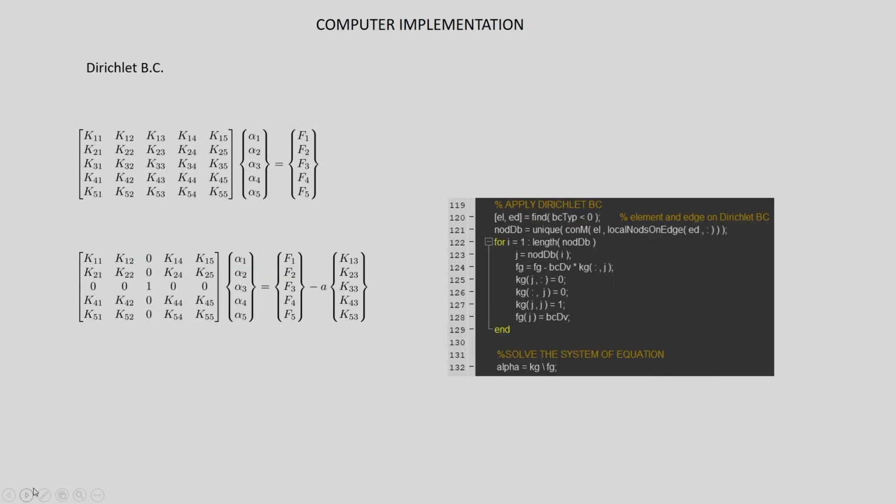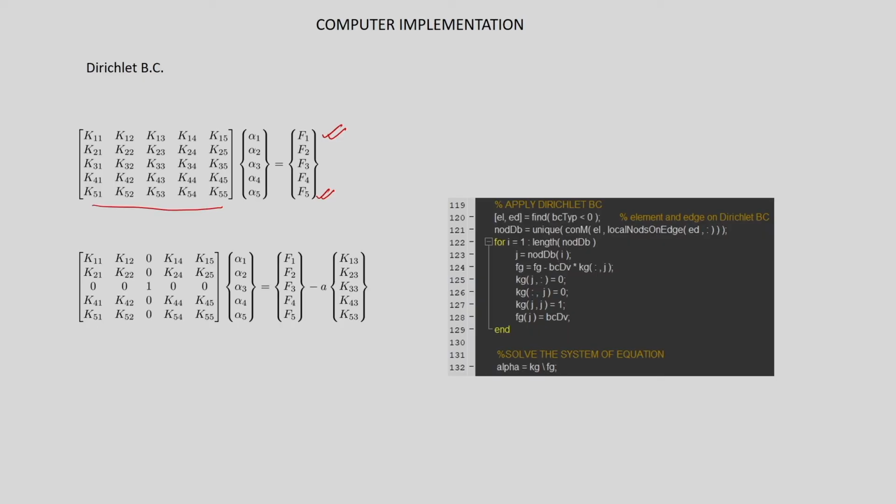Now, once we complete the assembly, at the end of this we will get a global stiffness matrix. In this case, for example, I have shown a 5 by 5 matrix and a global force vector of size 5 by 1. In your case it will be the total degrees of freedom that decide the global stiffness matrix and global force vector size. Now the system of equations looks like this. We cannot invert this, because this is a rank deficient matrix.